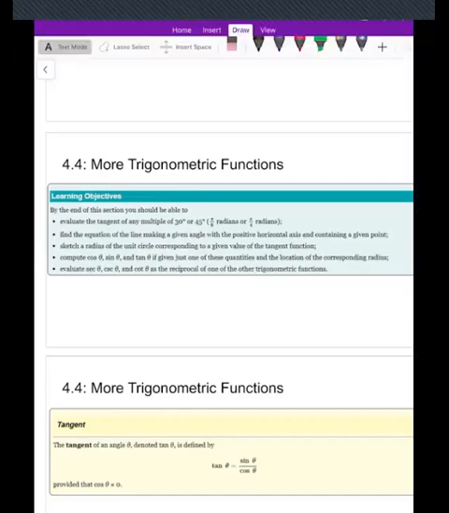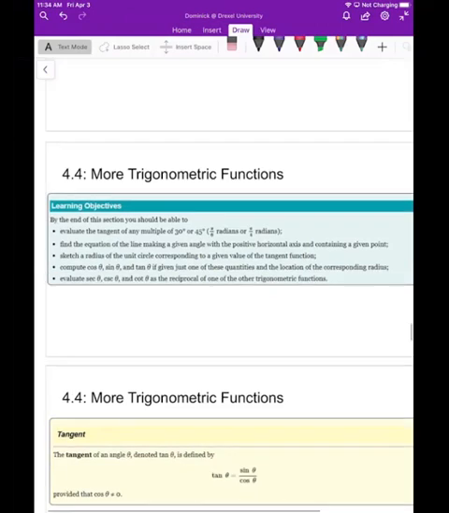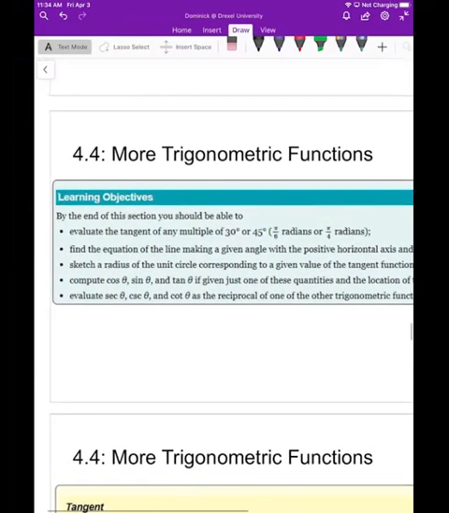Okay, guys, welcome. Today we're going to talk about some additional trigonometric functions. So far we've talked about sine and cosine being our two main trig functions. We're going to introduce a couple more of them. We're going to introduce the remaining trig functions, which are, first of all, we'll talk about what the tangent of